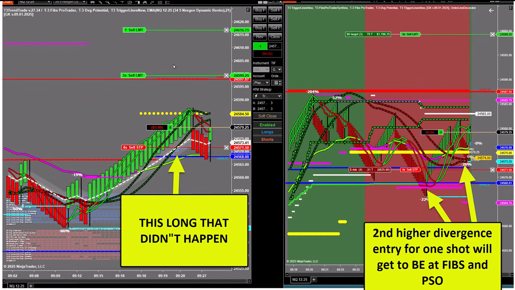And then this one went long, and I actually had my system off because I was managing, so I didn't take the long, but I wanted to show you this, like had you have taken it and gotten out. The continuation as your small triggers start to get above your large, and maybe a second divergence long, like we talked about in that last slide where it went down for 1,000,000 miles. This is the up version of that. And again, you'd manage at resistance and then see if you can get to the next big resistance with the